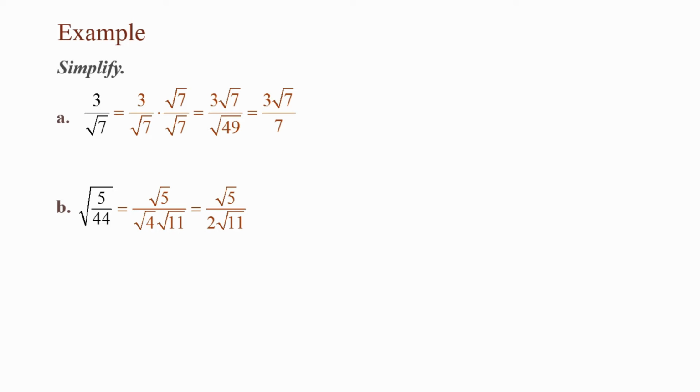Now I can focus on getting rid of the square root of 11. If I multiply the square root of 11 by the square root of 11, that will give me the square root of 121. If I multiply my bottom by the square root of 11, I have to multiply the top by the square root of 11, and since they're equal, I am only multiplying my fraction by 1. The square root of 5 times the square root of 11 gives me the square root of 55. I bring my 2 over,